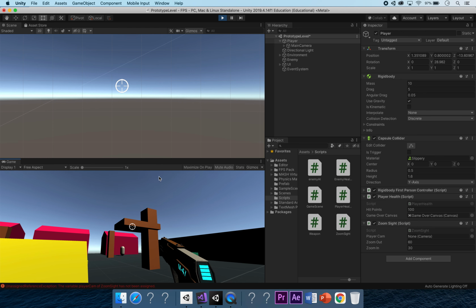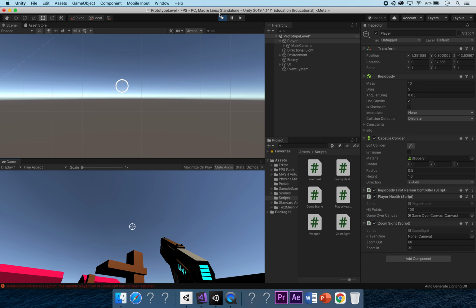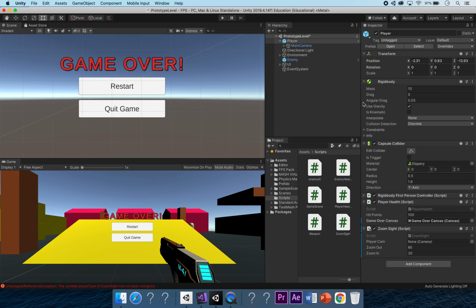So it says the variable player cam of zoom site has not been assigned, and Unity is 100% correct. So if we look at our zoom site down here, we can see that it's looking for the player camera, and there it is. We need that main camera in there, so let's drag that main camera into there, quickly save our game,